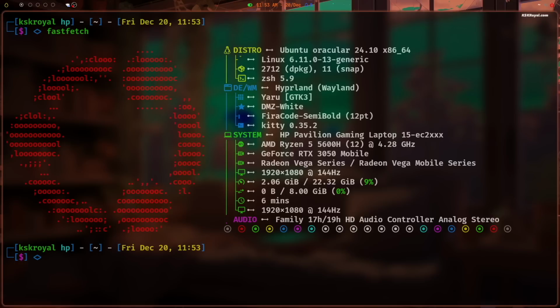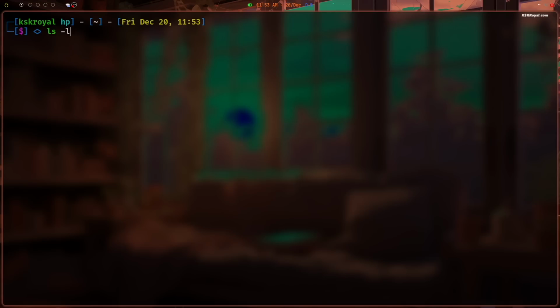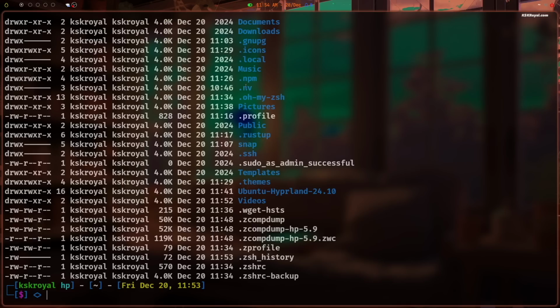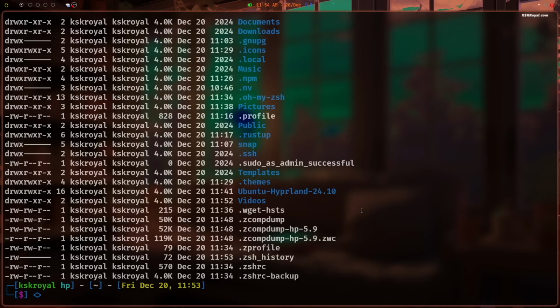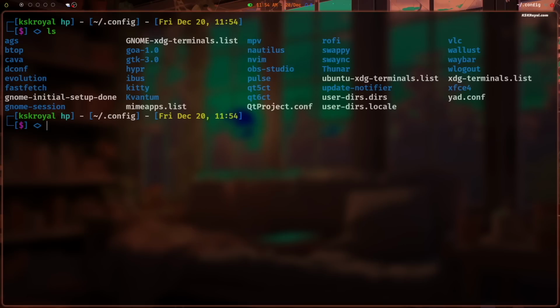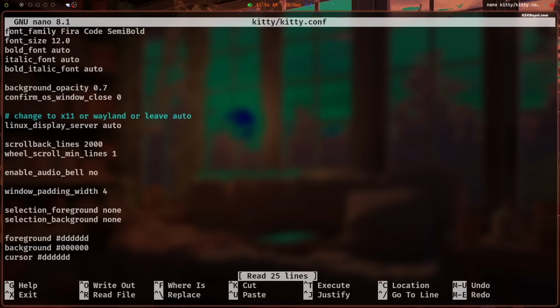Now let's increase the font size of Kitty terminal. In your home directory, there is a hidden folder named config, which is where all the Hyprland configuration files are stored. Now type this command to navigate into config directory, then open the Kitty configuration file and locate the font size setting. Change the font size value to 20, then save the changes by pressing Ctrl+O and exit by pressing